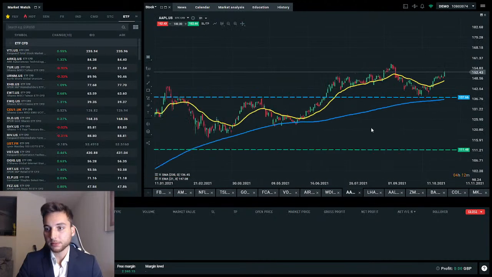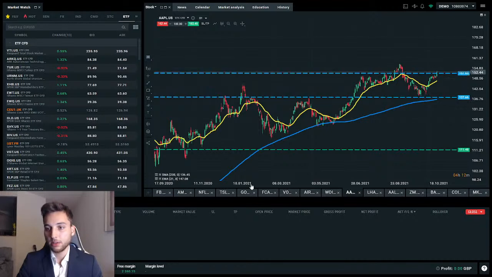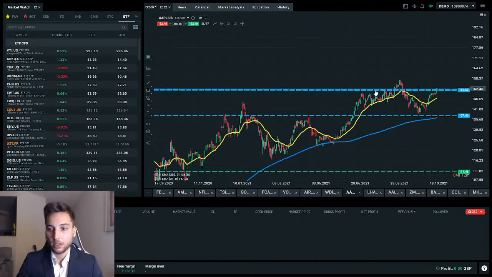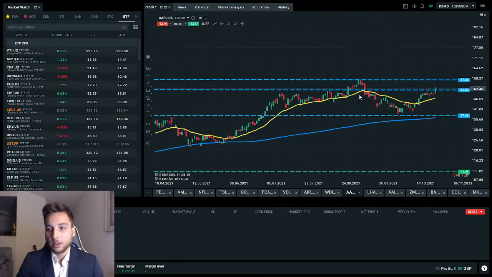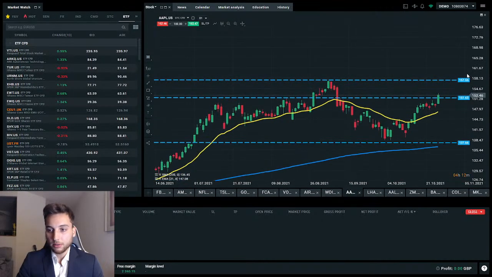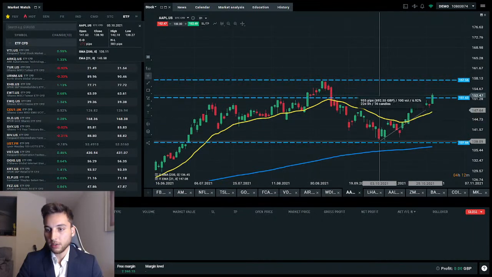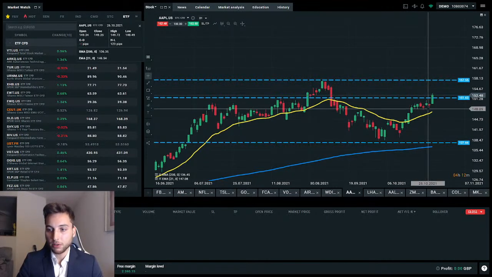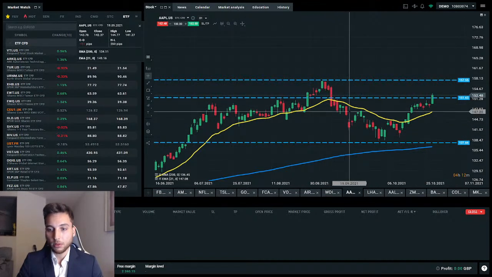Apple, on the other hand, similar situation, but better than Tesla. So now, another high. You can see here, previously broken. And then we're really close to 157. This is on the daily, though, so that's important to keep an eye on. And you can see that for the past few days, so let's say since the beginning of October, almost, this is the beginning of October, the share price is up over 10% on this steady upward move with a few hiccups here and there. What we had really was, we had the announcement of the new phone and then some